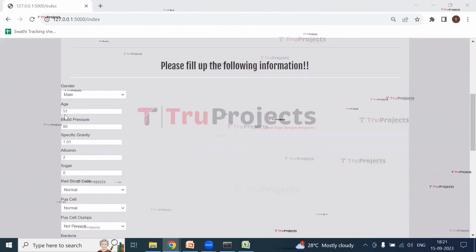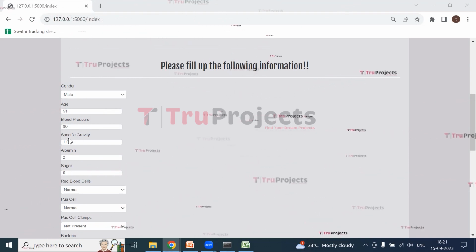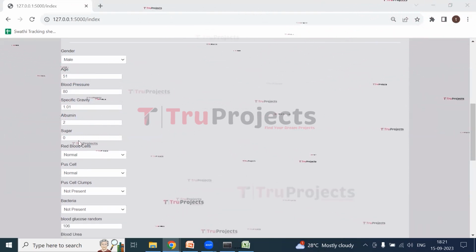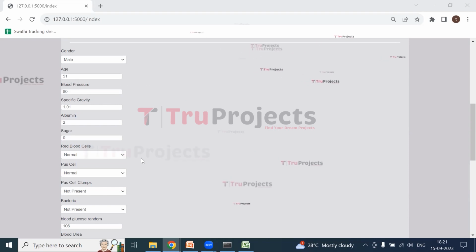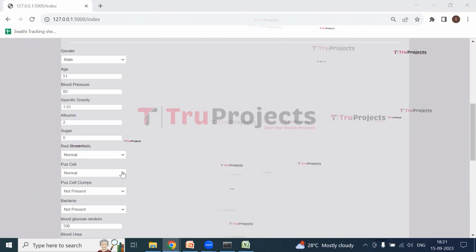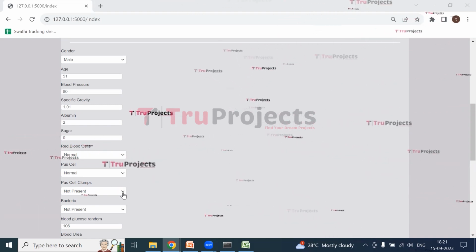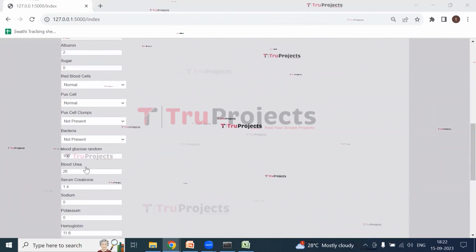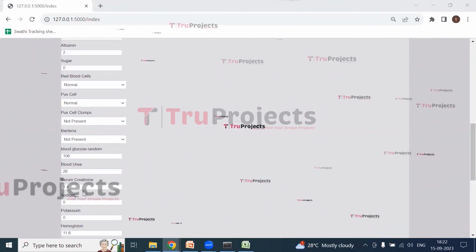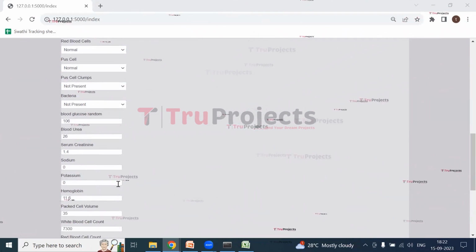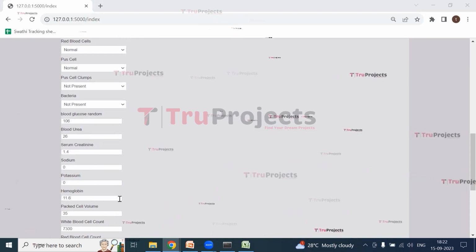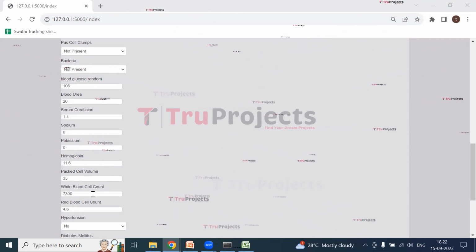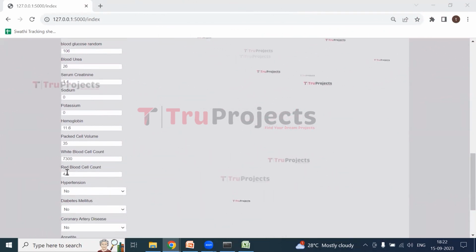The gender is male, age is 51, blood pressure is 80, specific gravity is 1.01, albumin is 2, sugar level is 0, that is the person is not having sugar, red blood cell count is normal, pus cell is also normal, pus cell clumps not present, bacteria is also not present, blood glucose random is 106, blood urea is 26, serum creatinine is 1.4, sodium and potassium 0, that is the person is not having sodium and potassium, hemoglobin is 11.6, packed cell volume 35, white blood cell count is 7300,